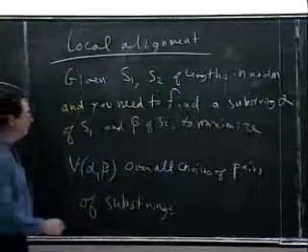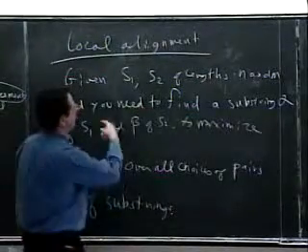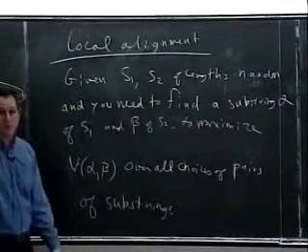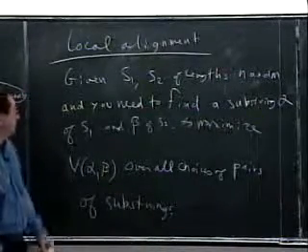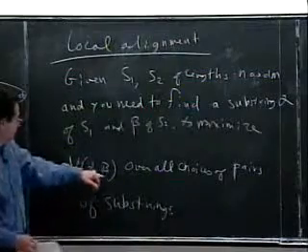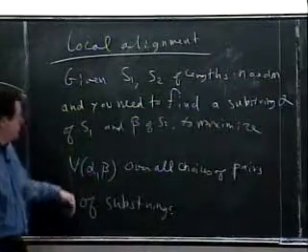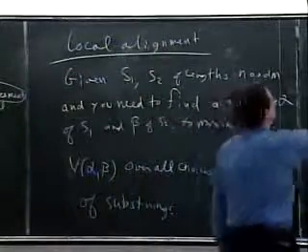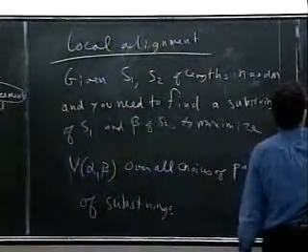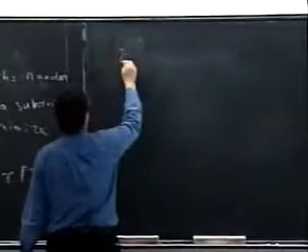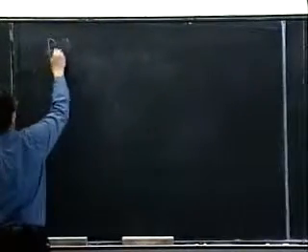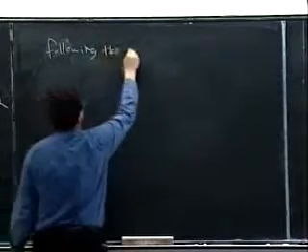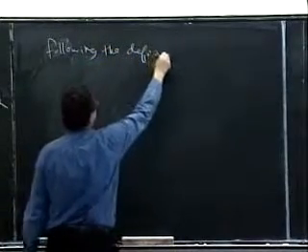That is, by finding all possible substrings of S1 and S2, forming all possible pairs of substrings, computing V for each pair, and then looking for the best one over those. And what we found was that, following the definition directly,